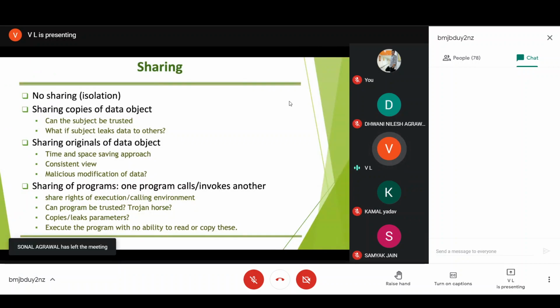So there is sharing of data between different processes, but when we are sharing the data, can we trust the subject? Are they going to leak this copy to some other object or not? Yes, this has become a very big concern, especially in mobile operating systems, where the different apps are gaining information from the user, keeping it in their private stores, and we do not know what happens to that information, whether it is being covertly leaked by these apps to other apps, or leaked directly to the internet and stored somewhere remotely. We are not aware of that.